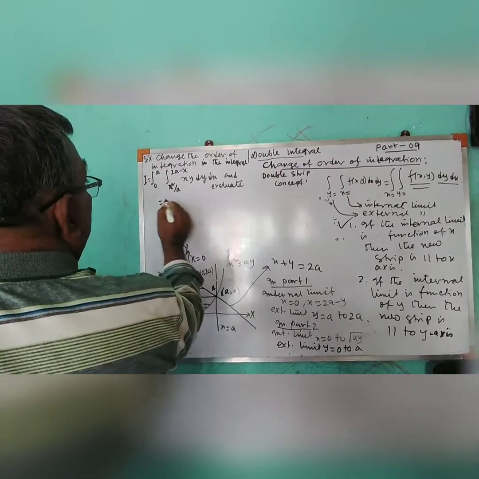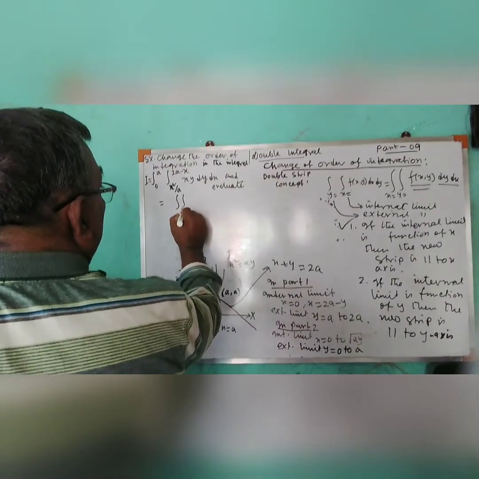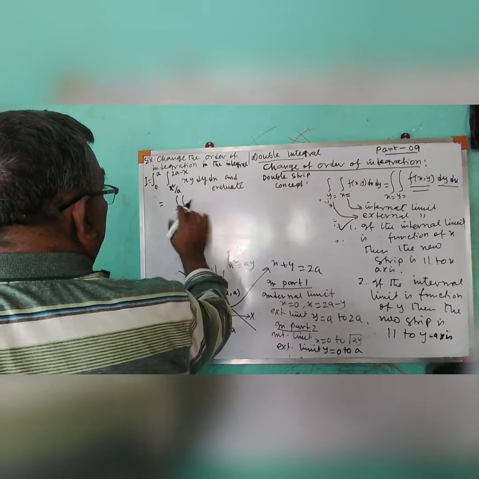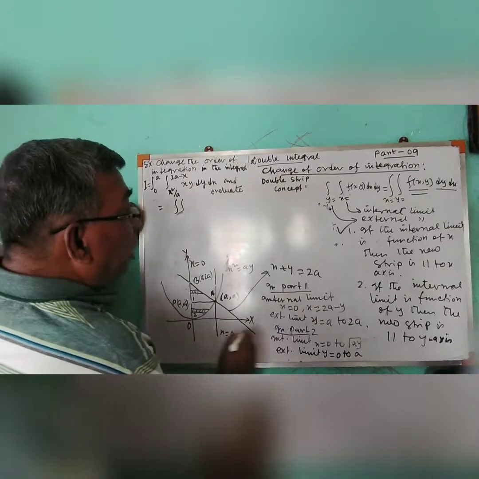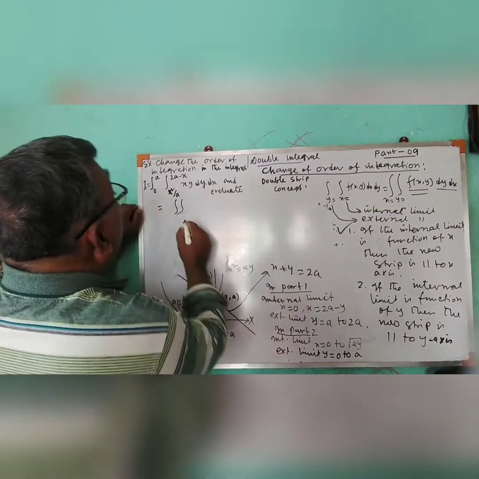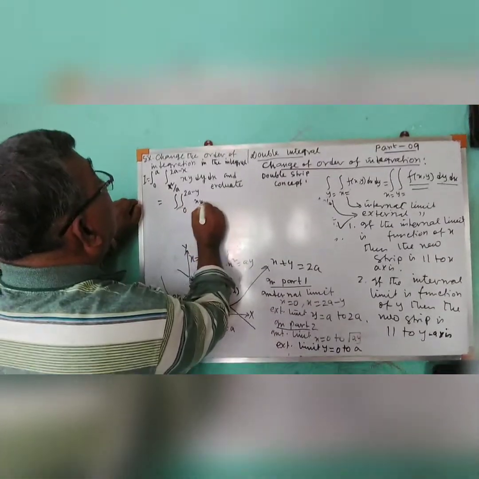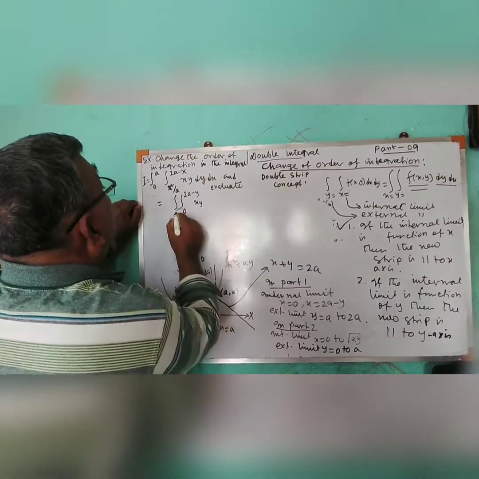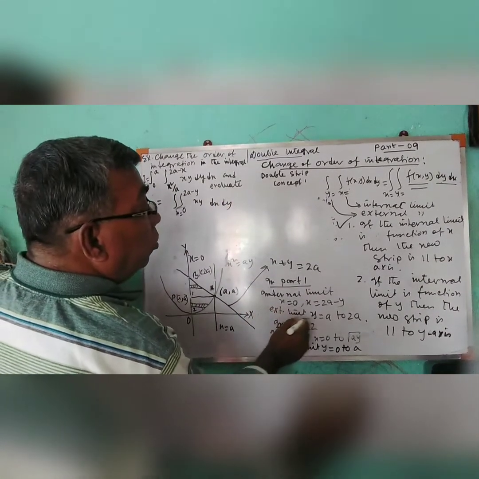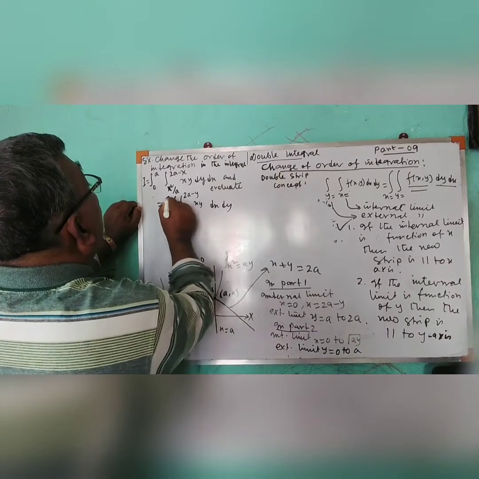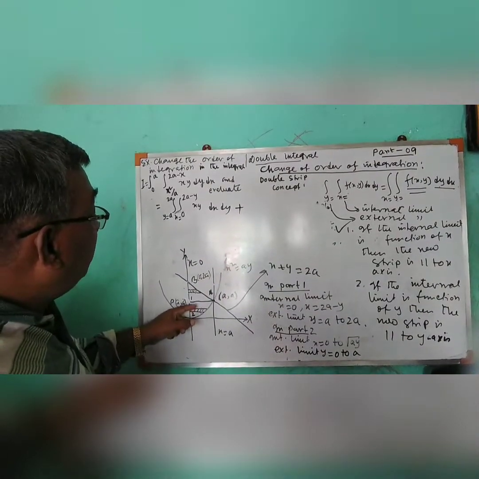Now this can be written as, I am writing after changing the limit, that is limit at part 1, that is, tell me, this area plus this area, that is internal limit is what? 0 to 2a minus y, that is xy. This will be x equal to, so it will be dx dy, and y equal to a to 2a. This is a to 2a, that is y equal to, plus this area.